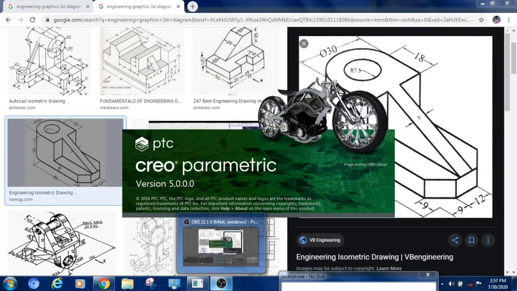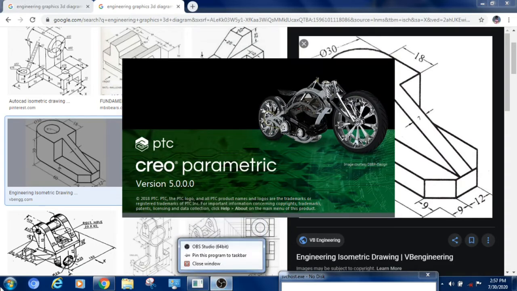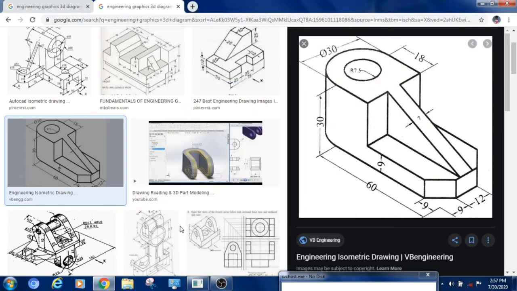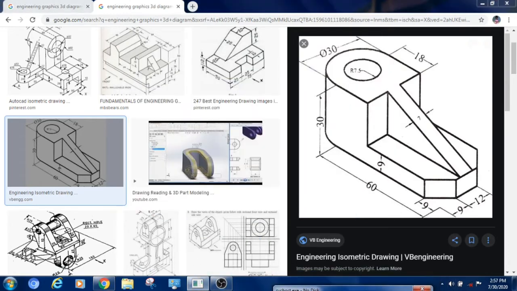Now here I am just starting Creo Parametric. You can open the software. If you want to see how to use a sketch and how to use an extrude, you can refer to the last video, Creo lesson 1. Here we will start with the side view.